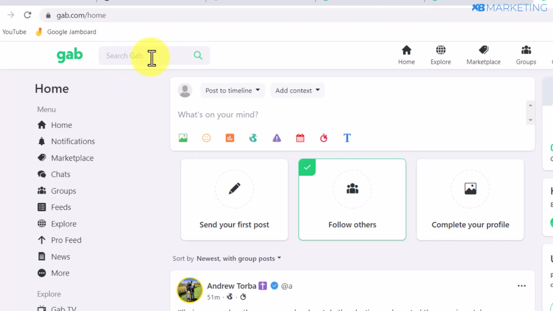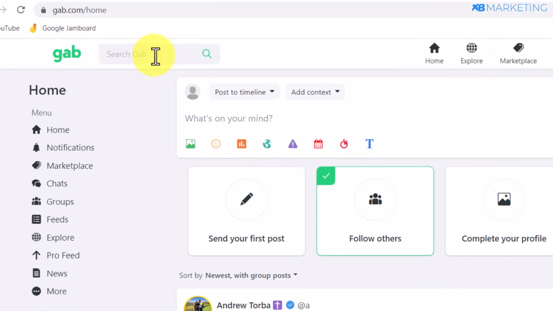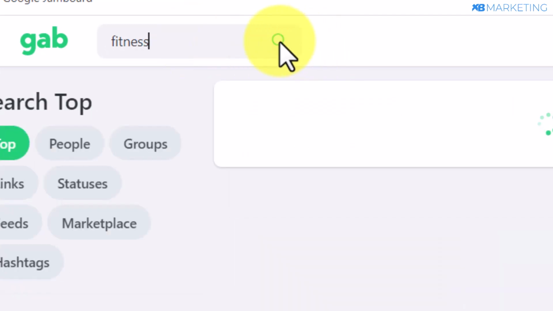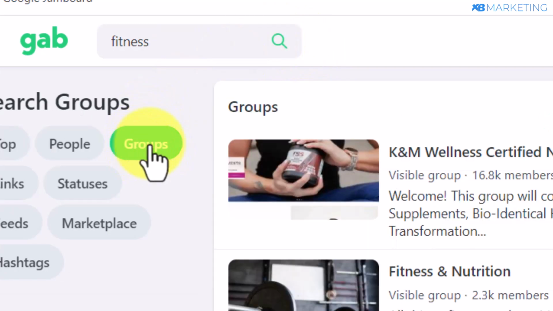So just like any platform, you want to look for a niche to target when it comes to doing affiliate marketing. So you want to come over to the search section of Gap and type in any keyword for any niche you want to work with. So I'm going to take the fitness niche as an example, and all I need to do is to type in fitness right here. So once you type in fitness, you want to make sure to click on groups,